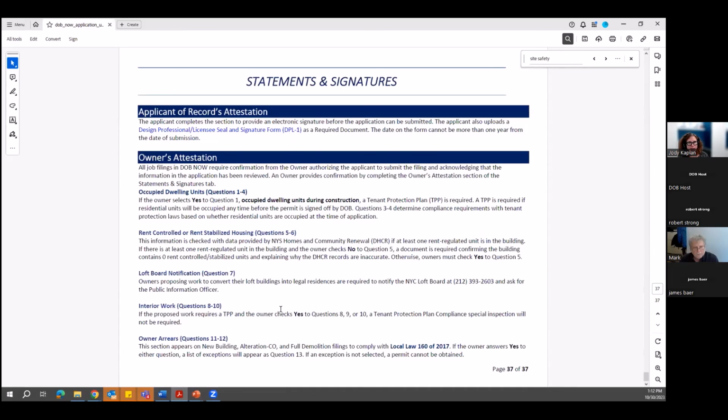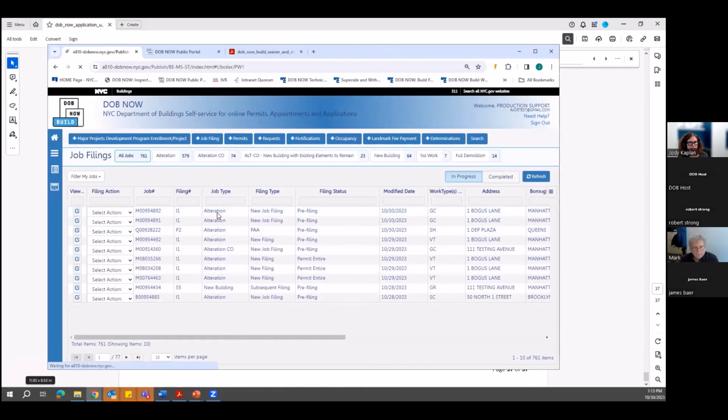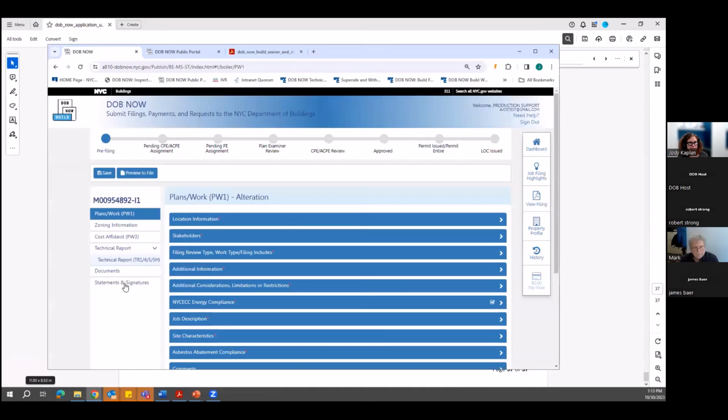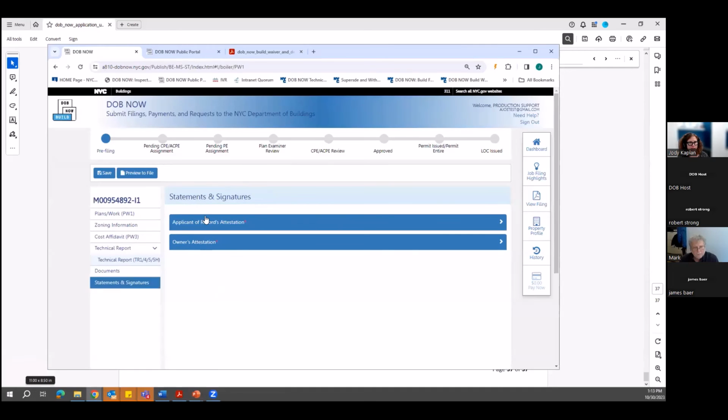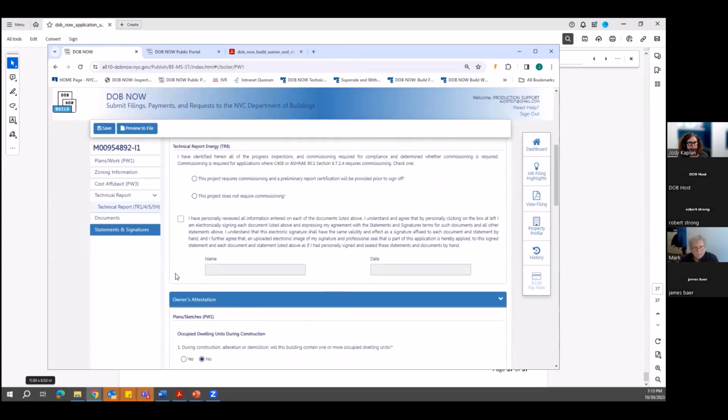A couple more sections of the application I just wanted to run through. Actually, this is the last one, the statements and signatures. So the actual application itself has the statements and signatures section. The applicant of record, this is where they are attesting. There's sometimes a question here about commissioning. This is where you can indicate it. And then the owner's attestation,